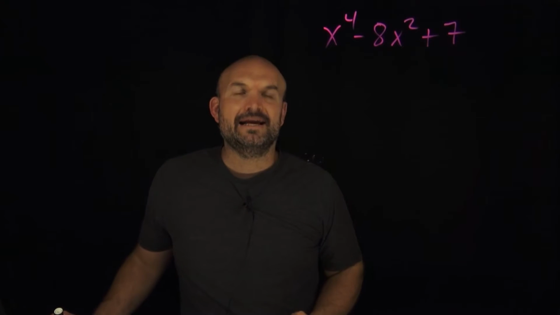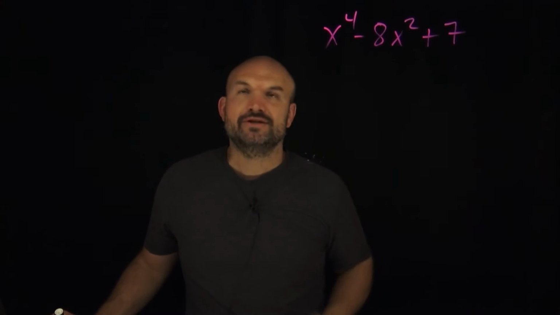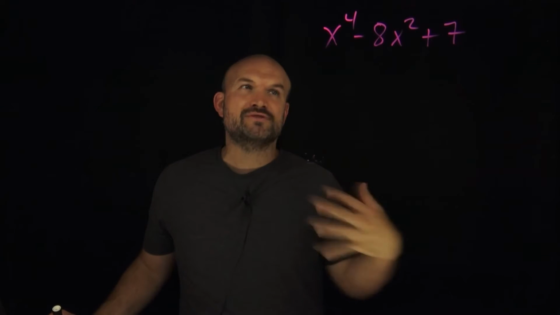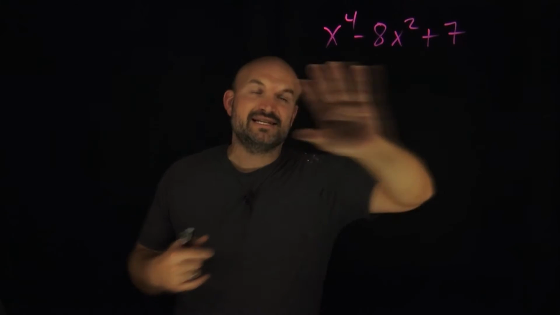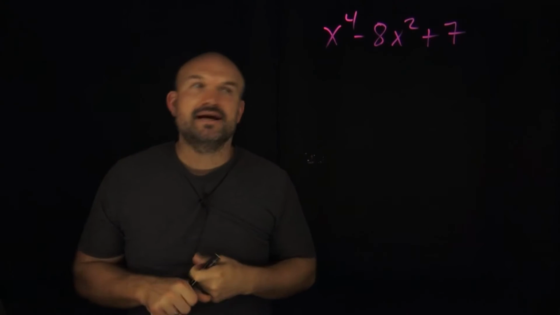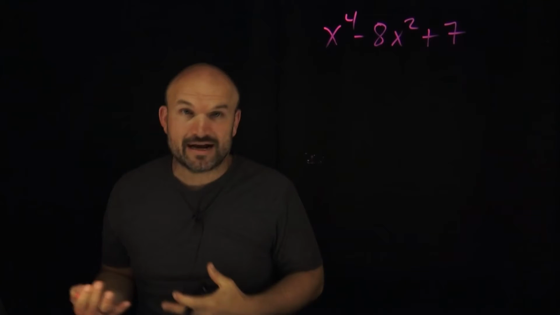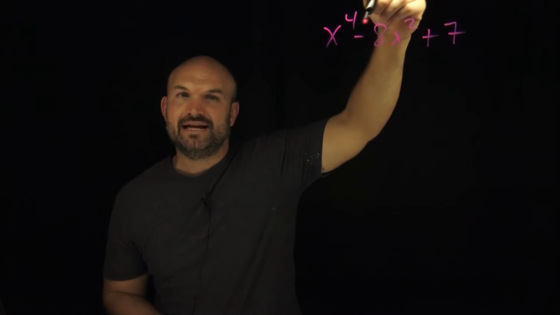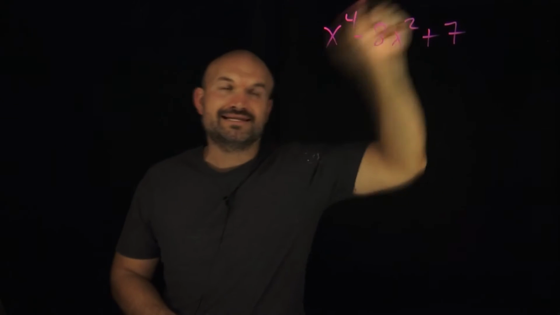product. And I think the most important thing that I always like to do when I'm dealing with a problem like this is to recognize what am I most familiar with. This is a trinomial. How do I factor trinomials? I know how to factor quadratic trinomials by identifying what two numbers multiply to give you 7 and add to give me -8. So even though this is x to the 4th and this is an x squared,